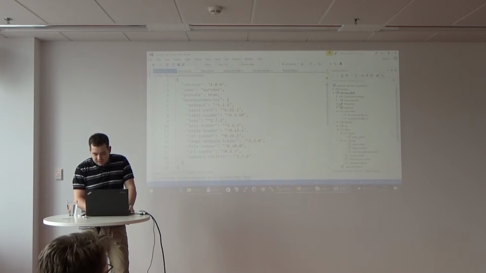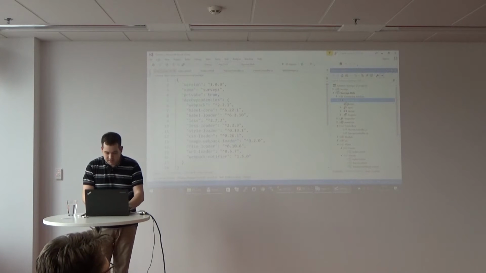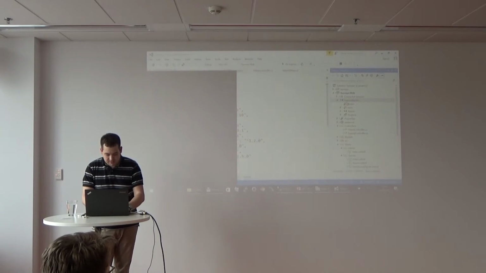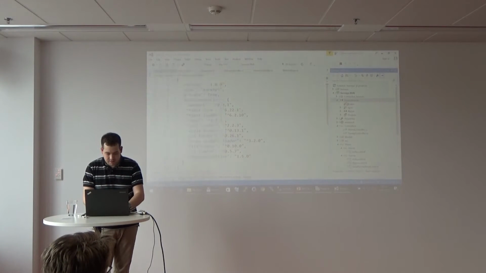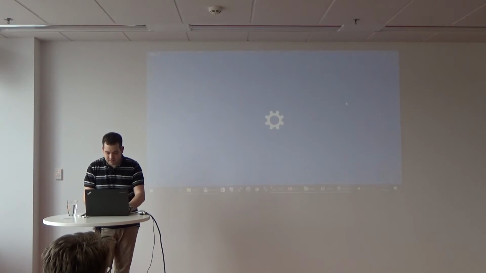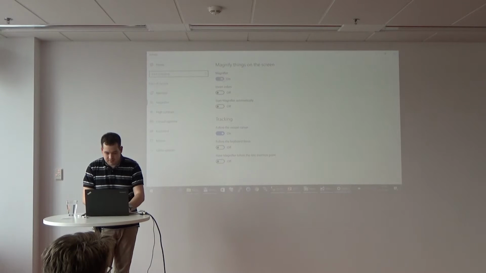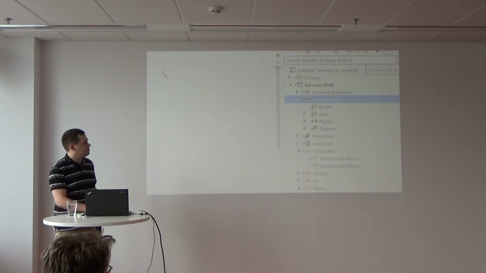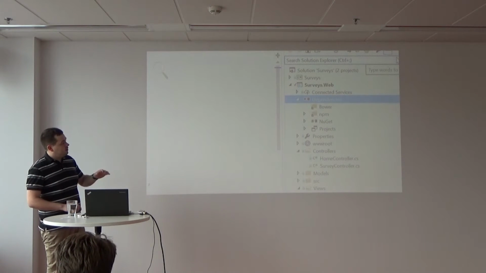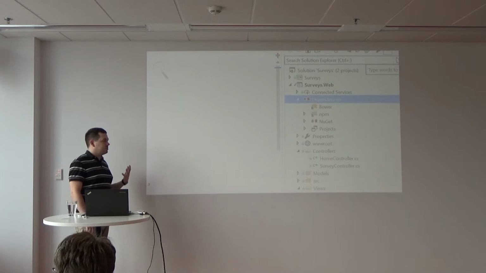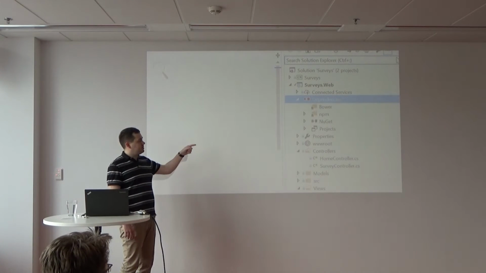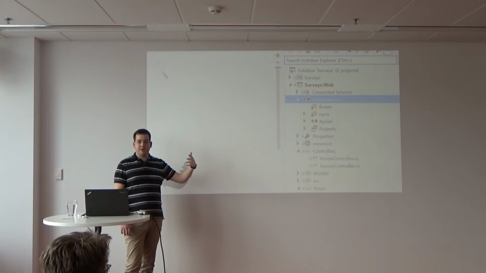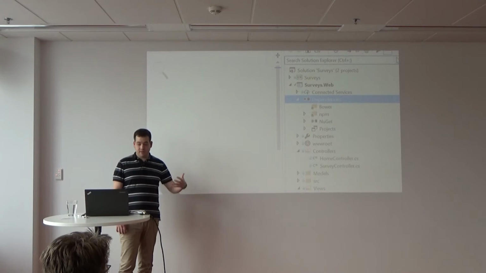Also, you can see there's the dependencies section here. In the classic .NET Framework project, you've got in dependencies just the list of the libraries and projects you are referencing.